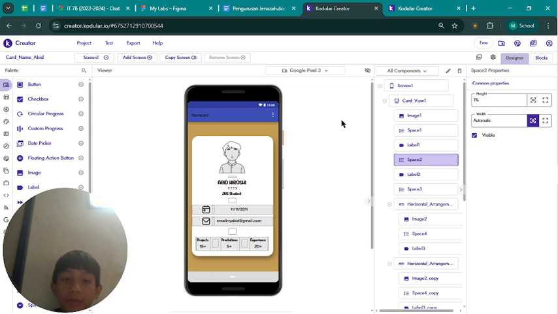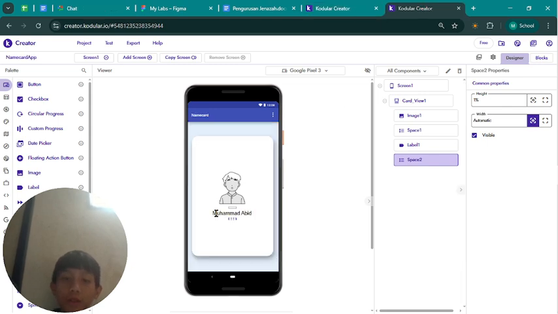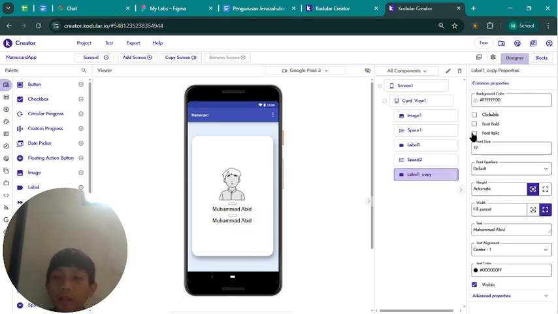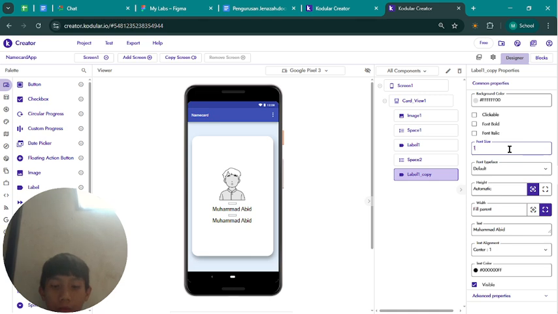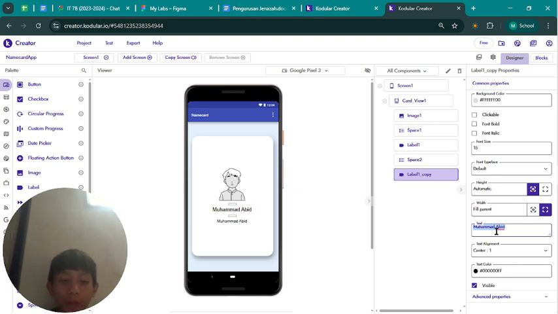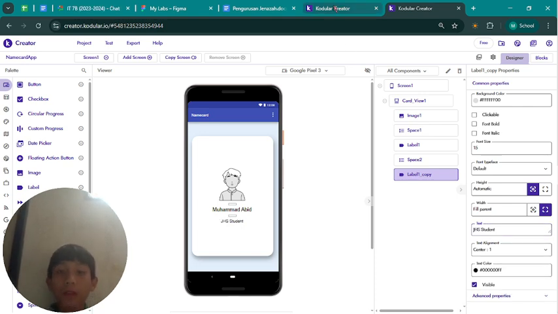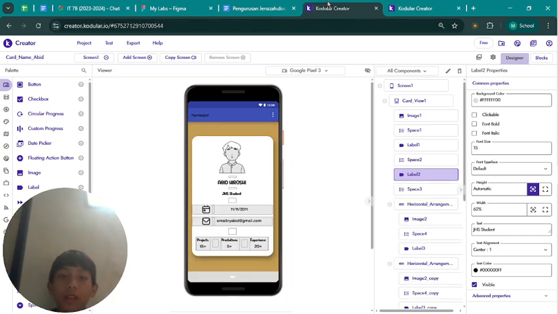Okay, then after that we duplicate the text and put it under the second space, change the font size to 15, and write your school name or your status like GHS student at blah blah blah, and then you can also click the font bold so that it can be seen clearly.